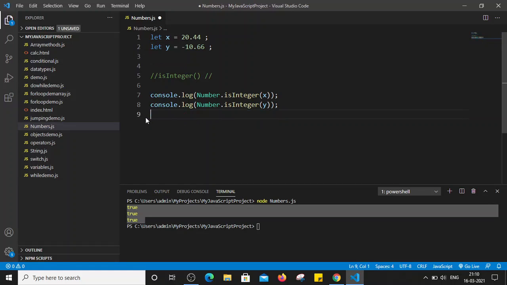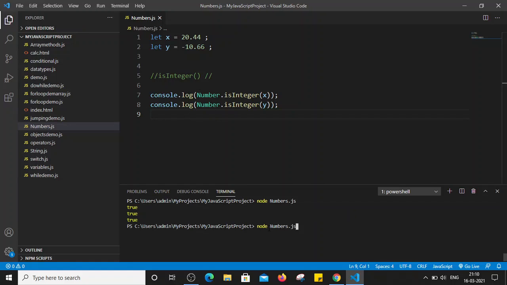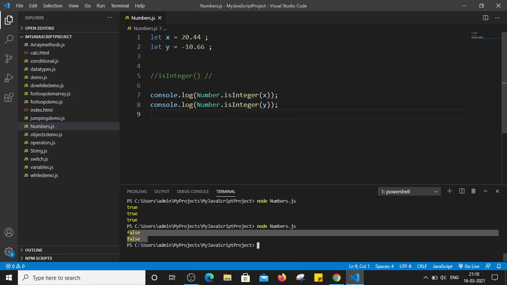I'm just going to remove this last statement. Okay, let's save the file and run it. This time it will return false, because the values which we have assigned here are not integer values. Those are decimal values. That's why this method is returning false this time. So this is how we can use the isInteger method to check whether a number is an integer or not.